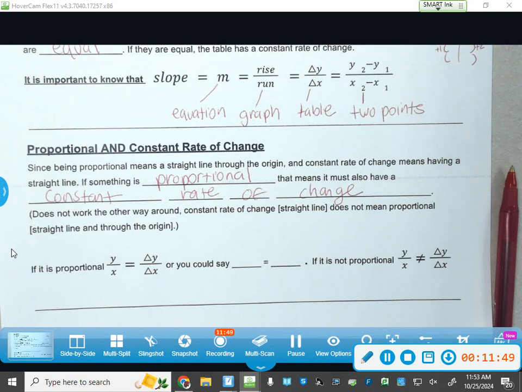It's a straight line, but that doesn't automatically make it proportional, which it's not. It doesn't go through the origin. Okay? The last part says, if it is proportional, y divided by x